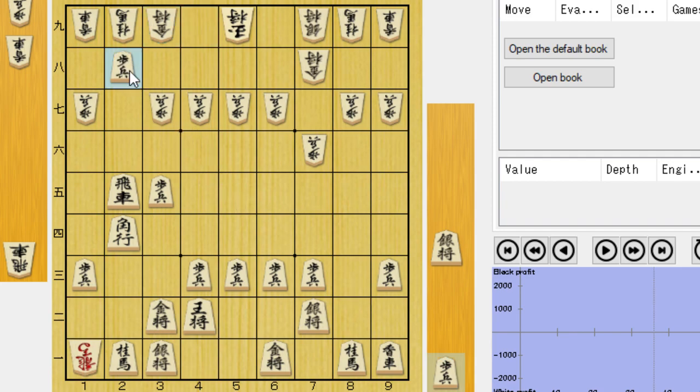This pawn drop here, yeah, that's definitely a consideration. It looks totally natural. But a really good move is this pawn here. So you not only threaten to take on 5-7 and promote the bishop, but if